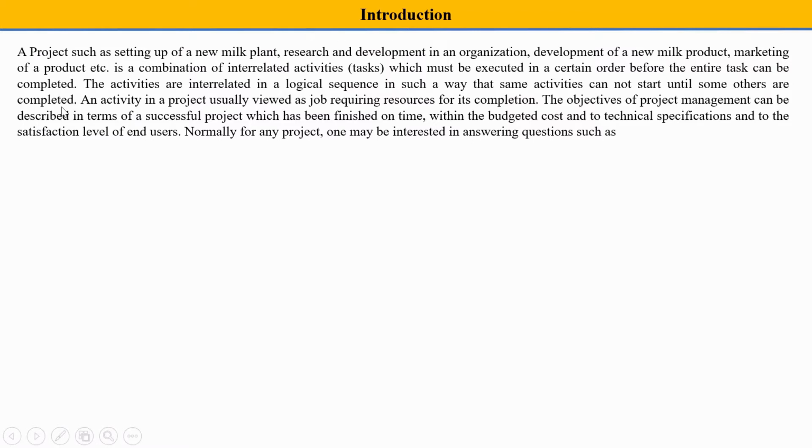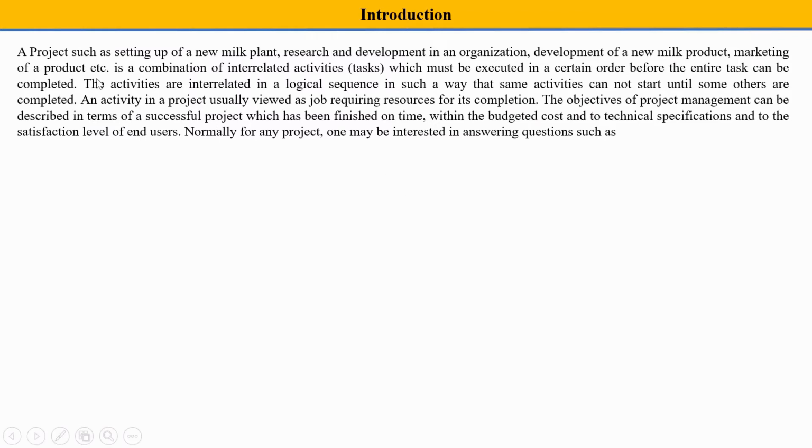Meaning, if you want to produce a milk product, or you want to have a milk plant, then you need to organize all your interrelated activities like marketing of the product, organization of the product, and development of products. These tasks are all interrelated to each other.